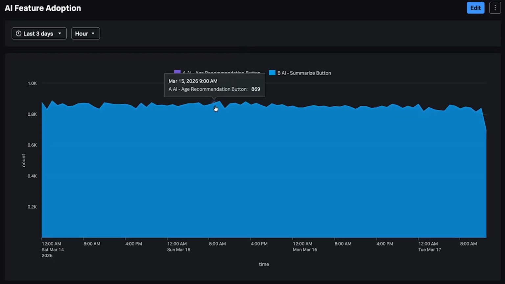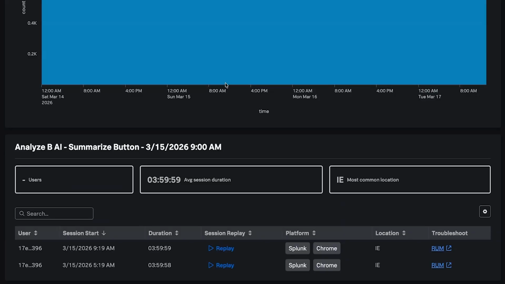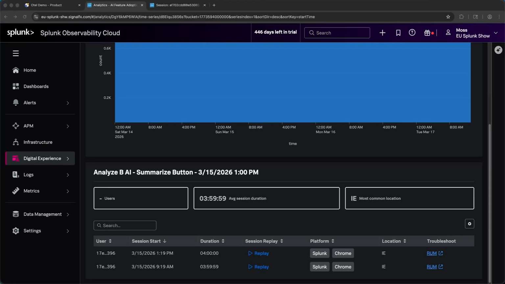And then if I select one of the series within this chart, I'll get a list of all of the user sessions that interacted with that particular element. And I can watch session replays to understand how users are engaging with those new features that we've shipped. Tracking feature adoption with Digital Experience Analytics allows you to better understand real user behavior and drive digital